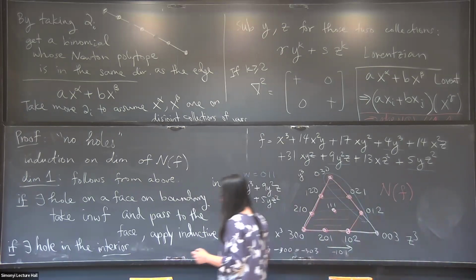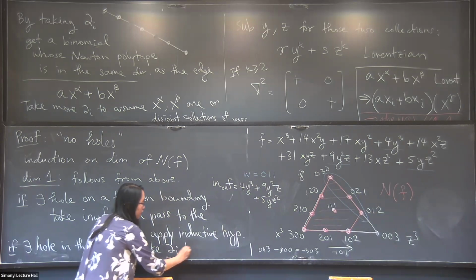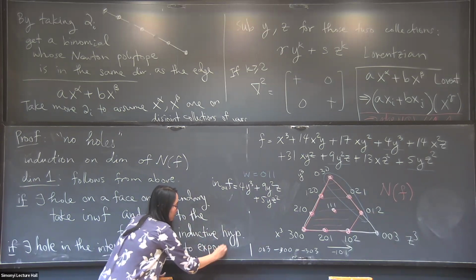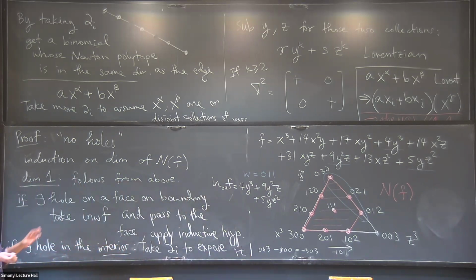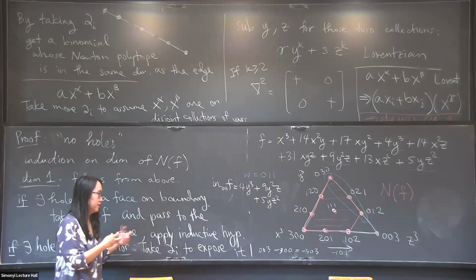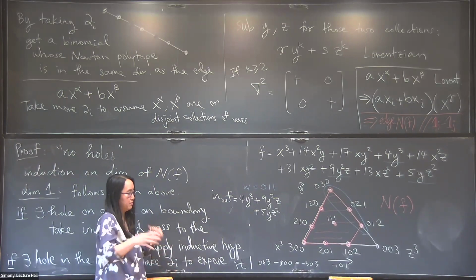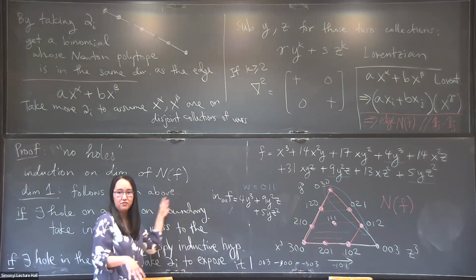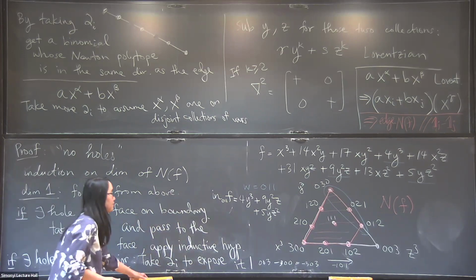The idea is that if the hole is in the interior, then take directional derivatives to expose the hole. This is the idea of how you can prove that Lorentzian polynomials have M-convex support. That's why the study of Lorentzian polynomials is intricately linked to matroids. Even if you're not interested in counting independent sets or whatever, you cannot get away from matroids if you're doing Lorentzian polynomials. In the last 10 minutes, I want to get back to Mason's conjectures and